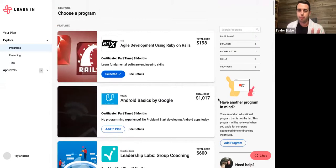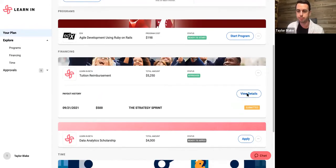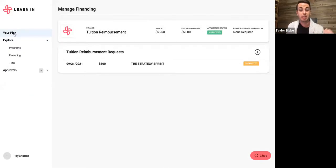So you can make these programs available, and then you can set up traditional tuition reimbursement. So here I've been approved for $5,250 of tuition reimbursement. I can come in here, I can submit a reimbursement request. We make the administrative side of tuition assistance really, really simple. Today, tuition assistance is such a painful process inside of organizations that it's really falling short of being that strategic skill building tool. But if you want to take it to the next level,